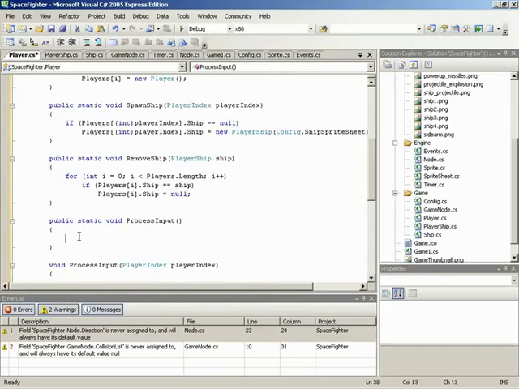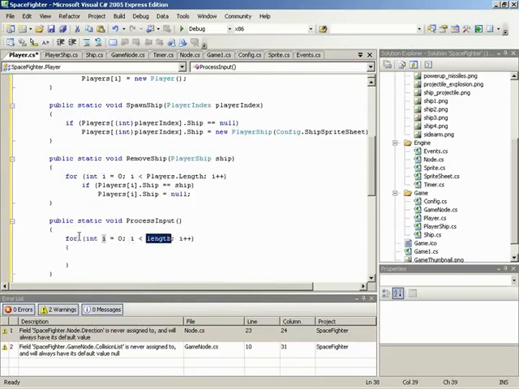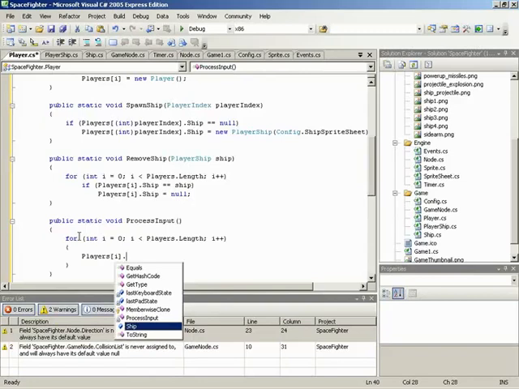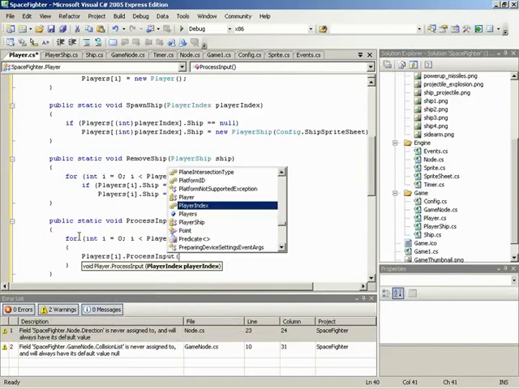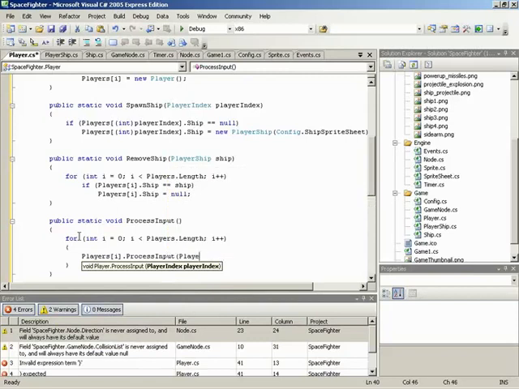Now we can move down into process input. Process input's job is simply to loop through all players and call the process input method for each instance of player. That's right. So this will be a for loop that once again goes through all players. So we'll go through players.length, and then we'll take each player, players sub i, and we'll tell them to process input, but we'll be giving it a player index. So we'll give the player index casted results